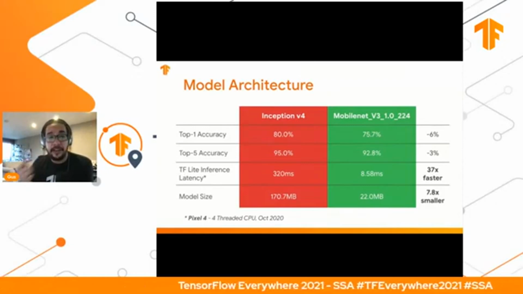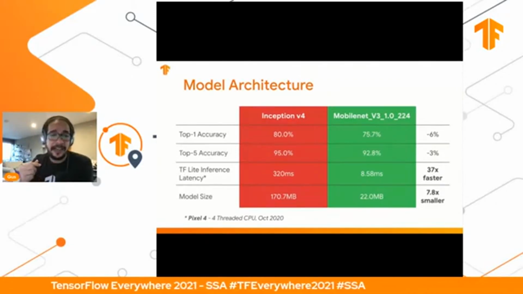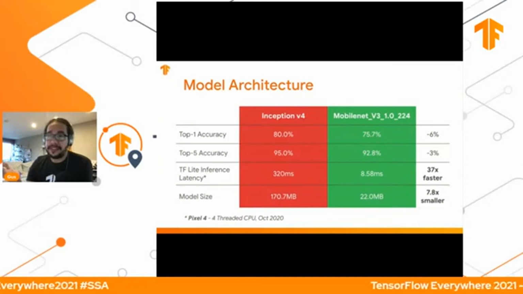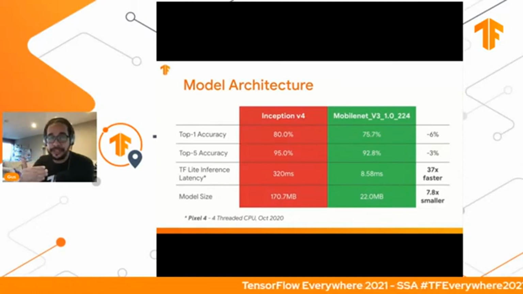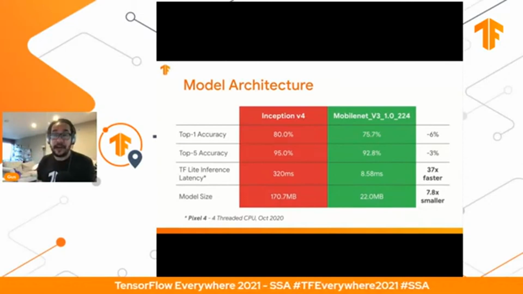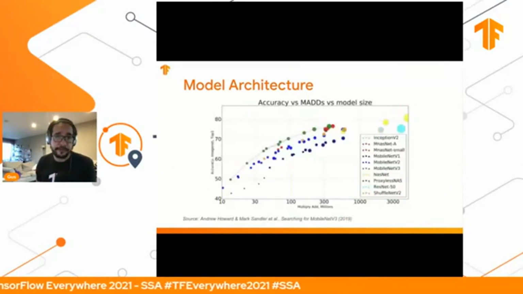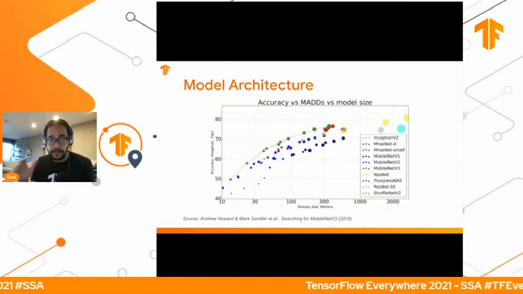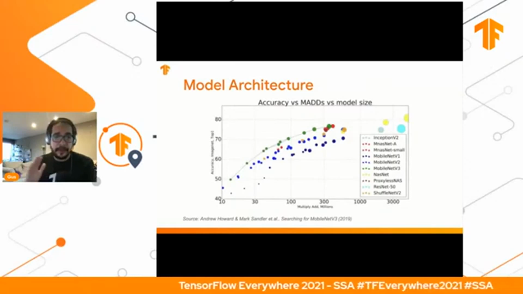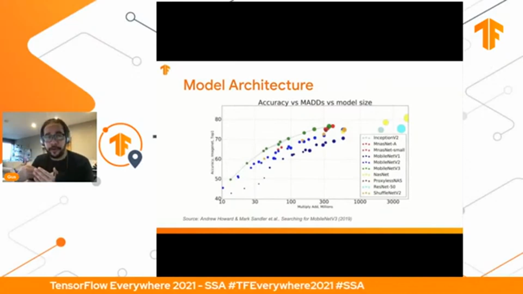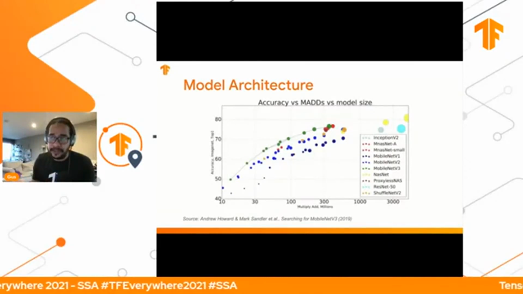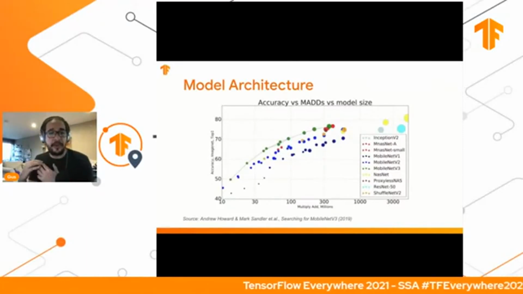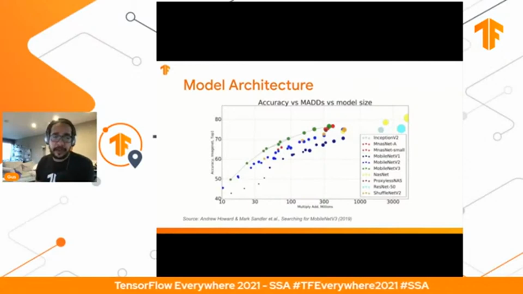So that's good. And the other super advantage is Inception V4 is 170 megabytes in size, while MobileNet V3 is 22 megabytes. It's almost 8 times smaller. So look at the difference here. This is big, right? And this is how we use a proper model architecture to help. Here we have a graph with a lot of state-of-the-art models, and you can see that, of course, the smaller the model, the less accuracy it has. There's no magic there. But you can get to a compromise that's good for you, that has a very good accuracy with not that big of a model. So this is just to highlight that.